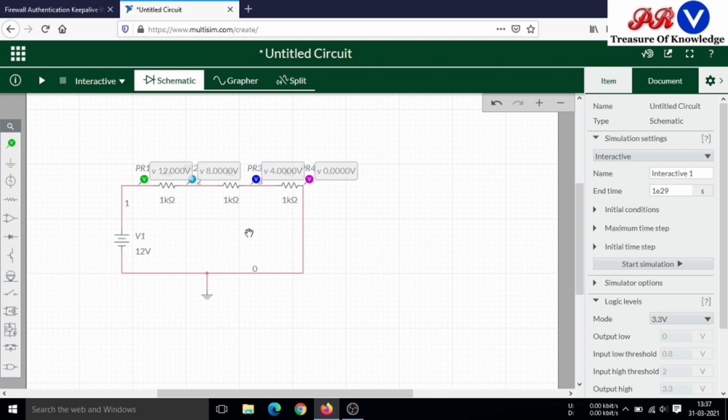In this way we can verify our KVL experiment in Multisim.